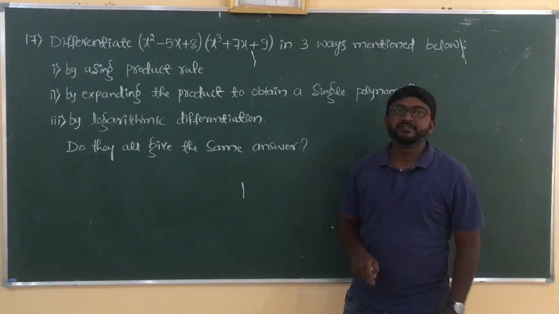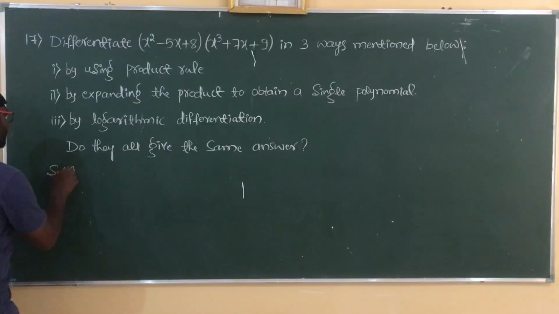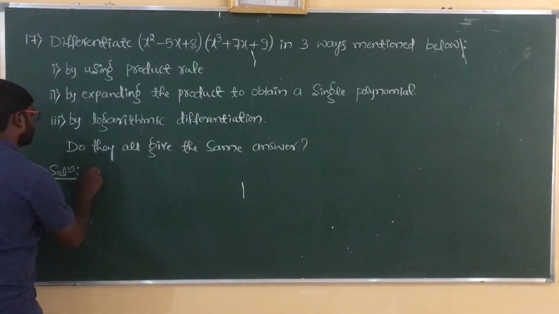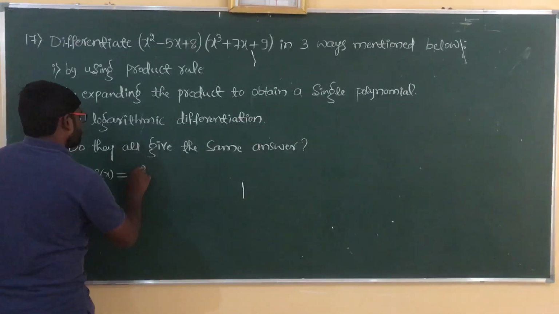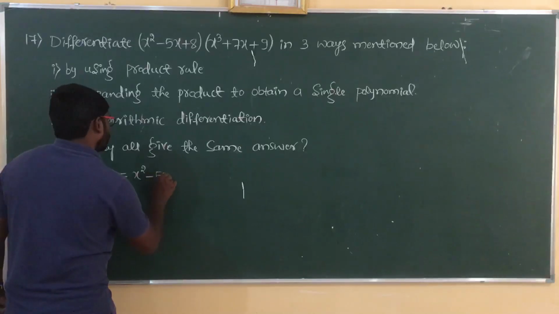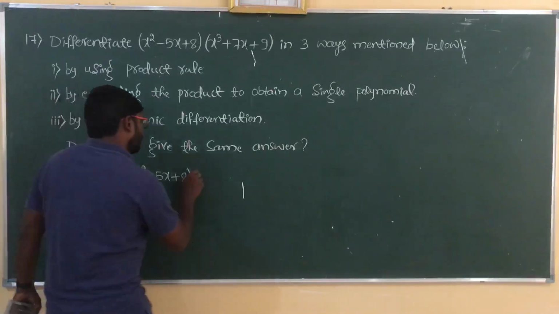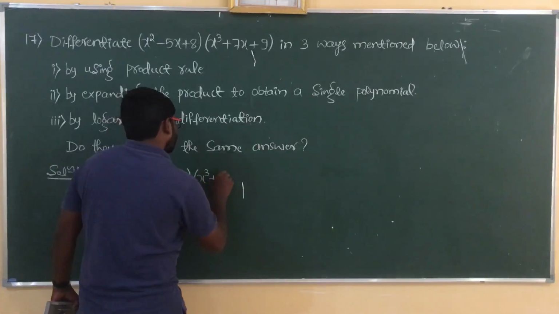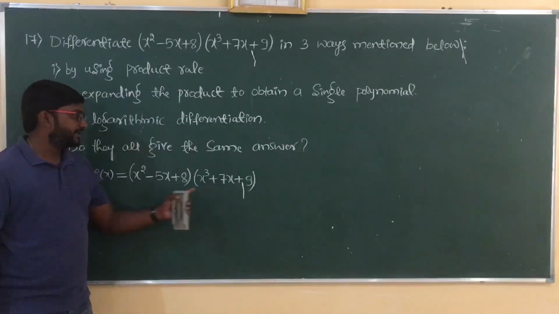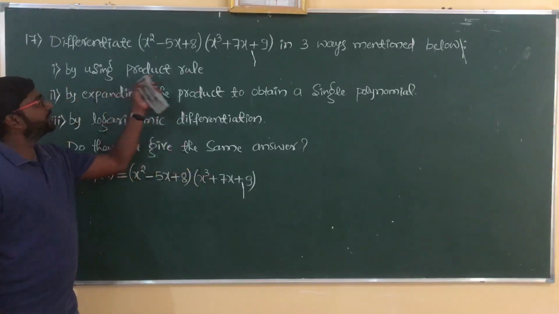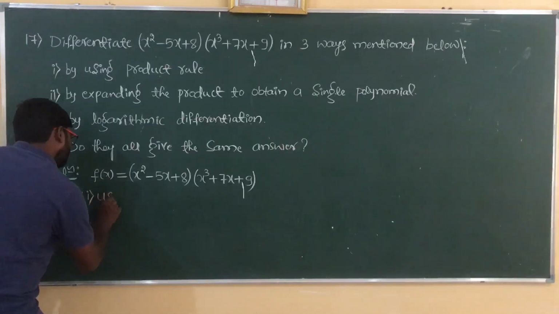So let us consider the first one, by using the product rule. See here, we will go for the solution. We will write the given function as it is, f of x is equal to x square minus 5x plus 8 into x cube plus 7x plus 9. We have to solve this problem by the product rule, so we go for Roman number 1. So now see here, using the product rule,